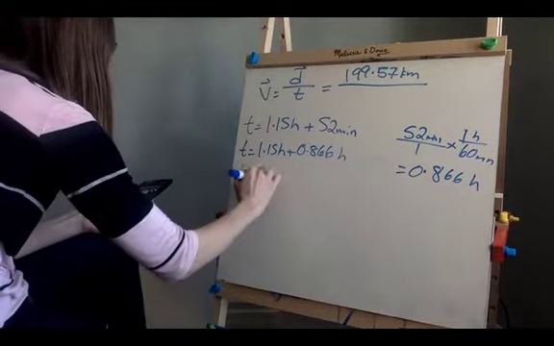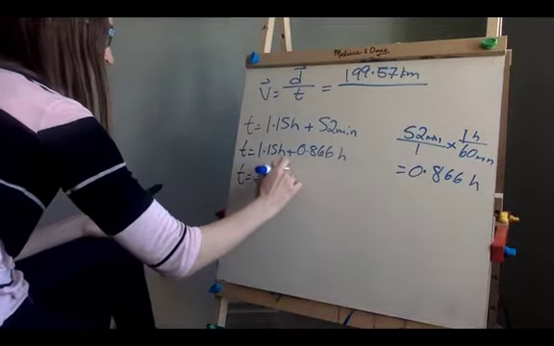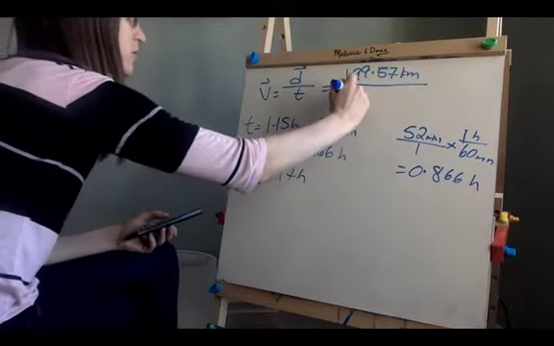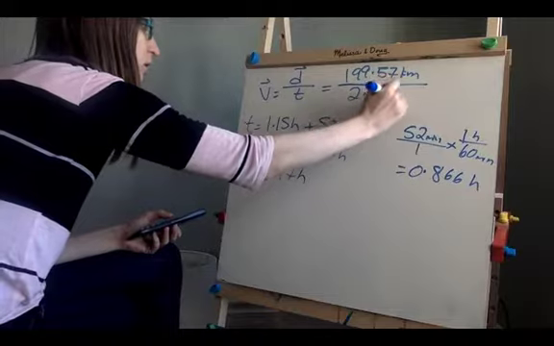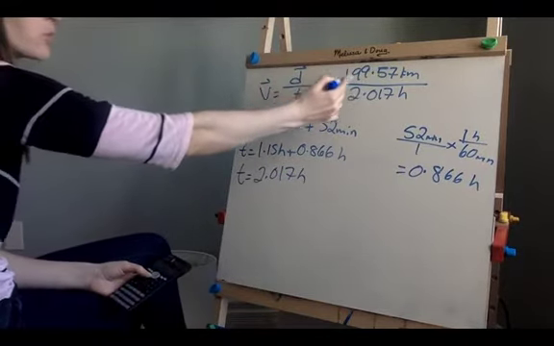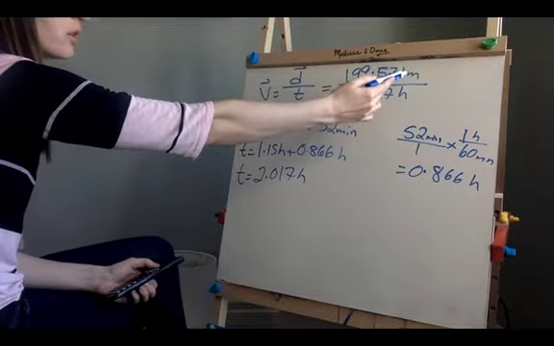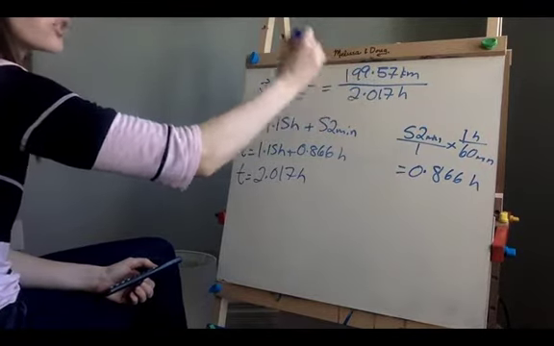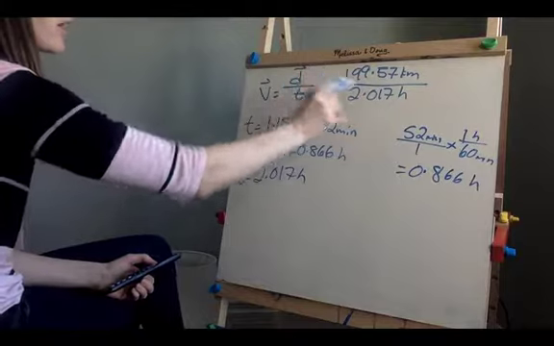And we get a time value of 2.017 hours, right? So this can go up here. Okay, so our velocity is our displacement divided by our time. So this was the overall distance that we traveled, right? Well, not overall distance, but it's the shortest distance from start to finish, right? Displacement divided by the time it took